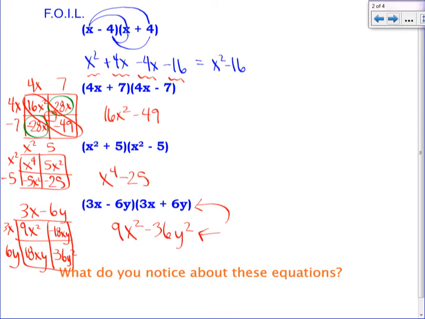So what is the connection between, what if we started with the red and we were trying to get back to the blue? How could we figure out what those would be? How could we go from these two terms and know that it started out as those? You're square rooting them, okay? Some would think you're dividing by 2, but you're not. You're just taking the square root of each of these terms, and you get the 3x and the 6y, for instance. So we're going to try that